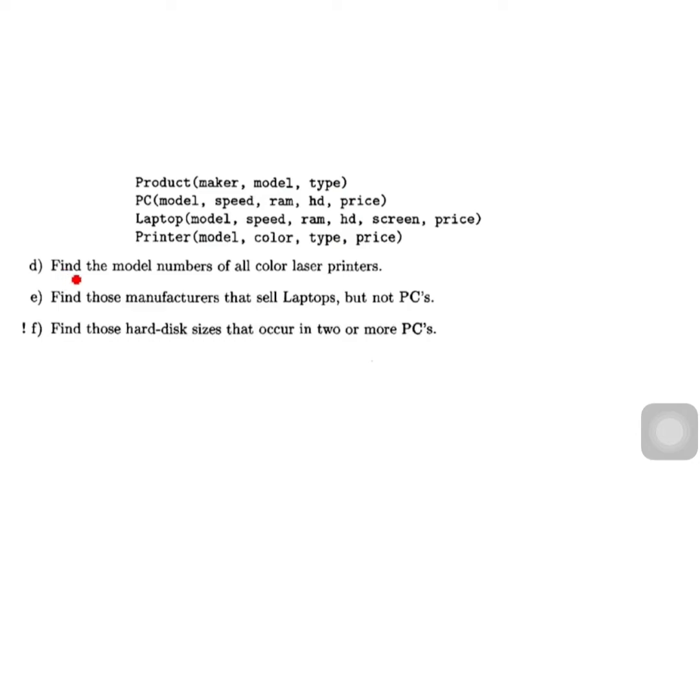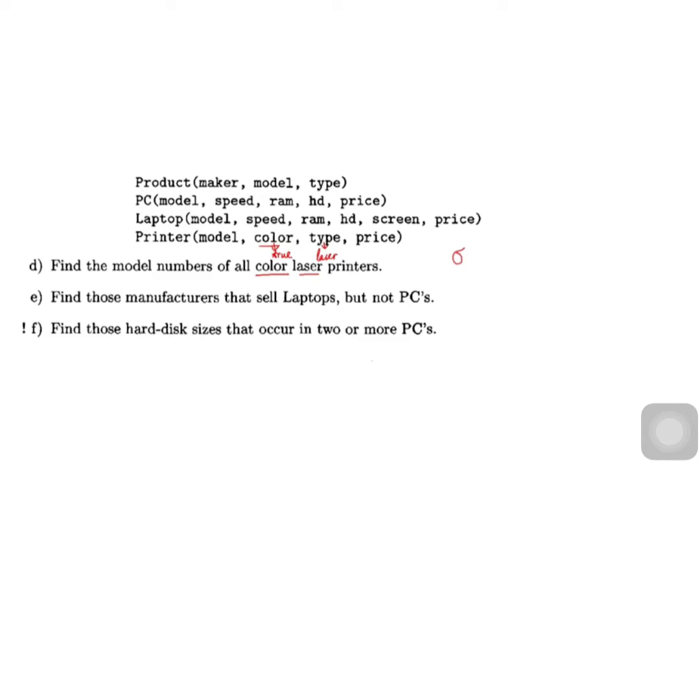Okay, now D. Find the model numbers of all color laser printers. Okay, there are two conditions. The first one, color. Color means this color is true. Okay, laser. Laser means the type, the type is laser. So there are two conditions. We'll write two conditions as subscript of